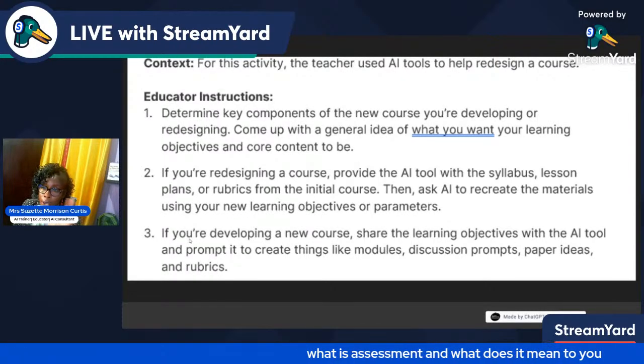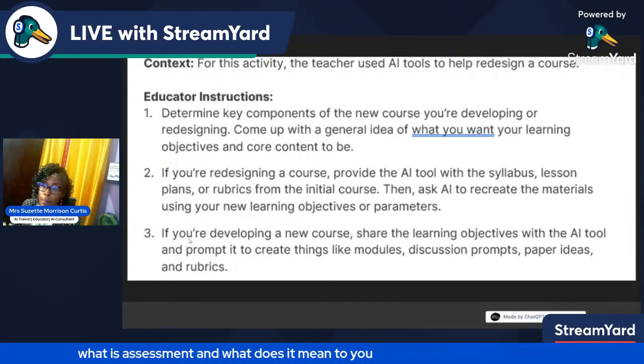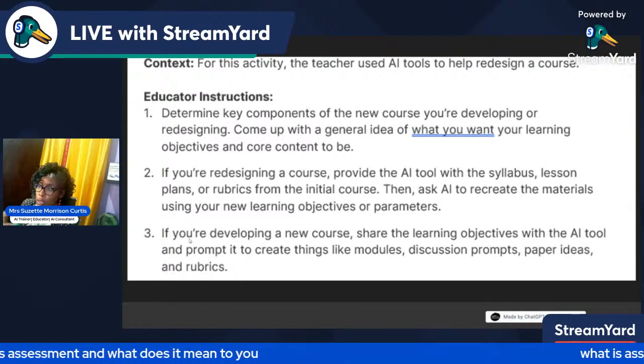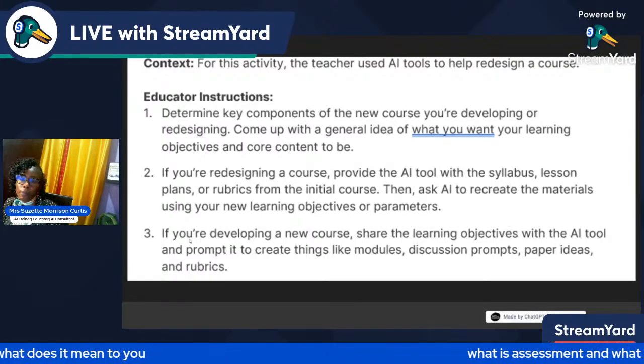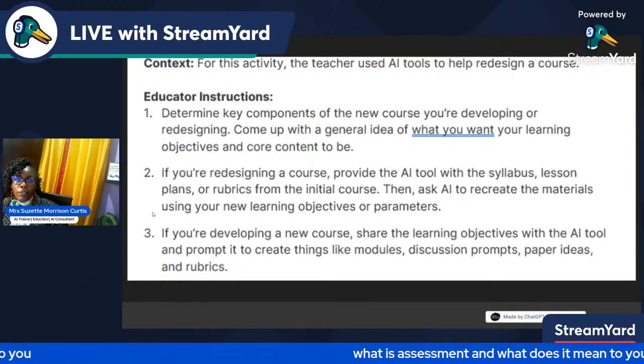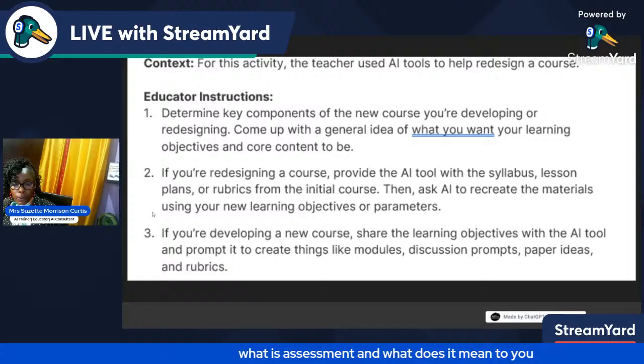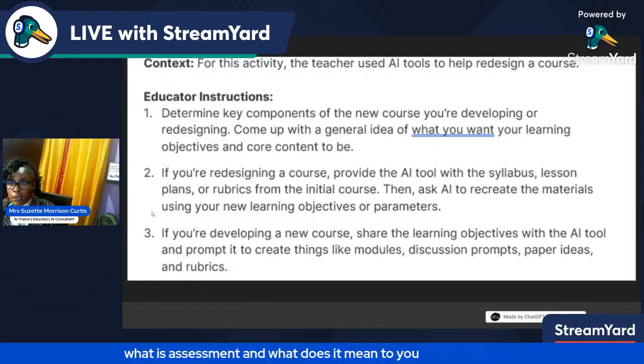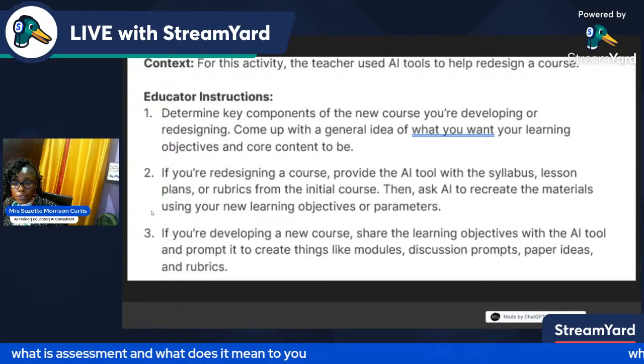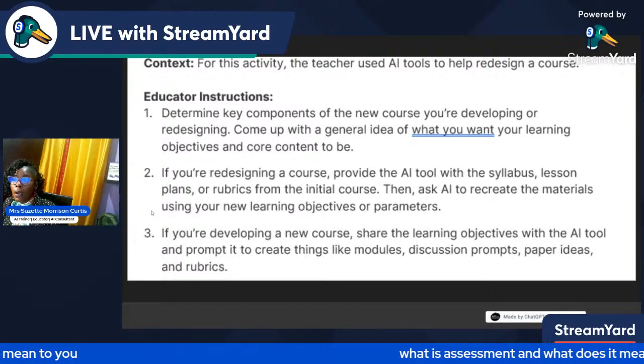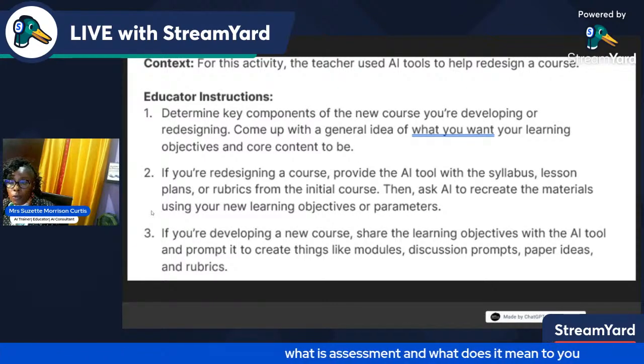If you're developing a new course, share the learning objective with the AI tool and prompt it to create things like modules, discussion forums, paper ideas, and rubrics. So it's not just a generator helping you create assessment and course materials. It can help you improve course delivery, course materials, and also redesign courses as well.